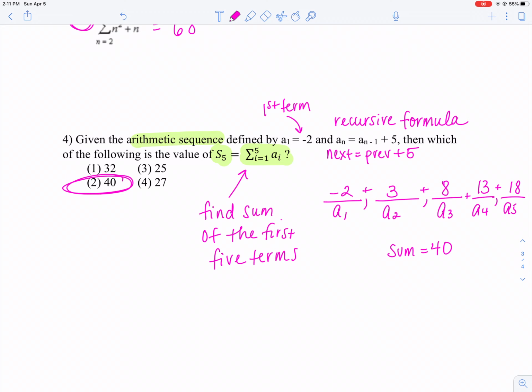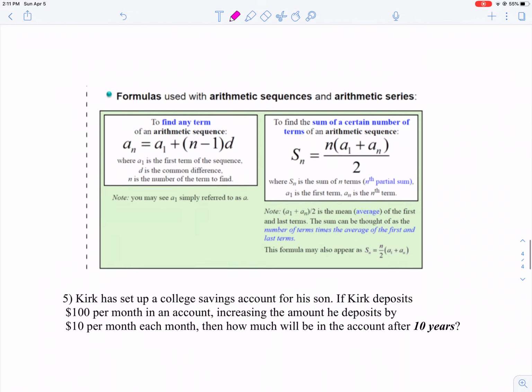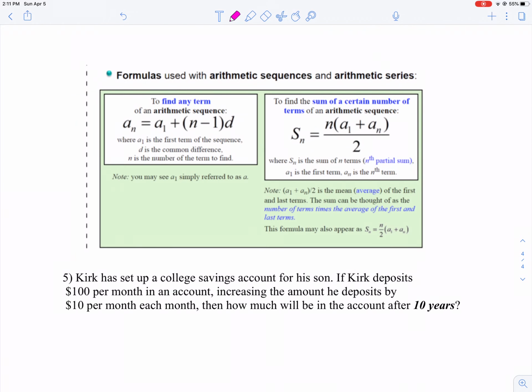Okay, let's try. So in this next slide, they are just giving you 2 formulas. Now I want you to take note at both formulas. This formula on the left is your arithmetic sequence. This is on your reference sheet. You don't have to memorize that one. And unfortunately, this one, which is what we derived from your first do now question,